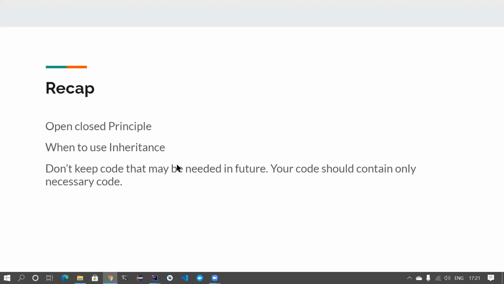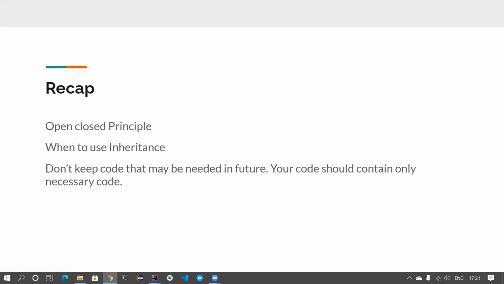We also understood when to use inheritance. Inheritance should not be used for code reuse. If there is a real need and a real inheritance relationship between your parent and child class, then only go for inheritance. Never ever use inheritance for code reusability. Suppose I see people having some util class, like Selenium actions utils, and from the test layer they extend that particular class. What is the relationship between your Selenium action utils and your test layer? There is no inheritance relationship.